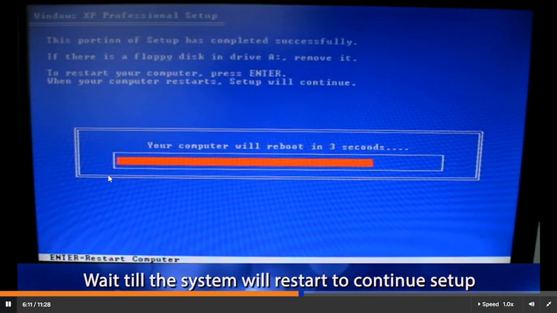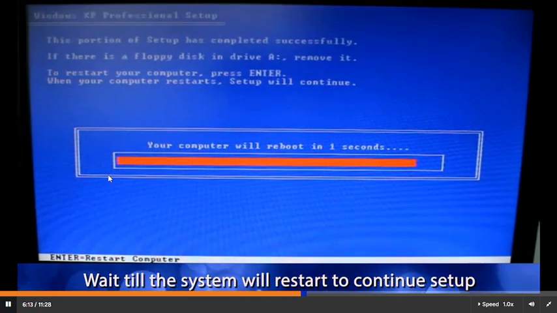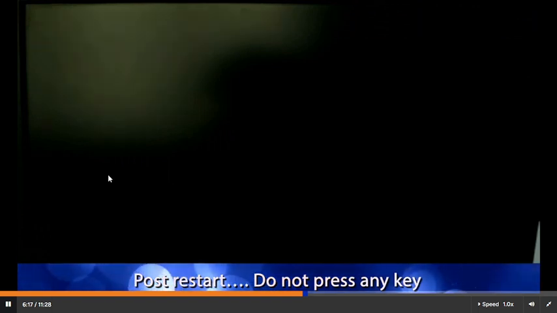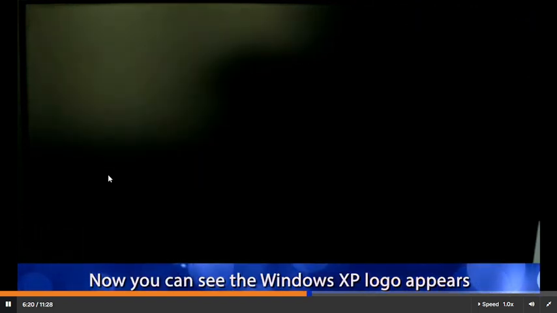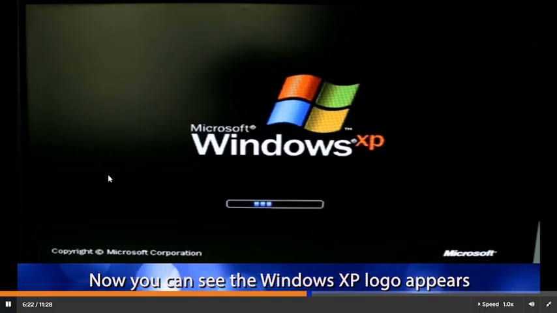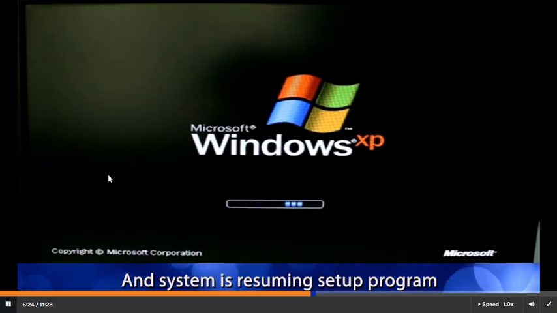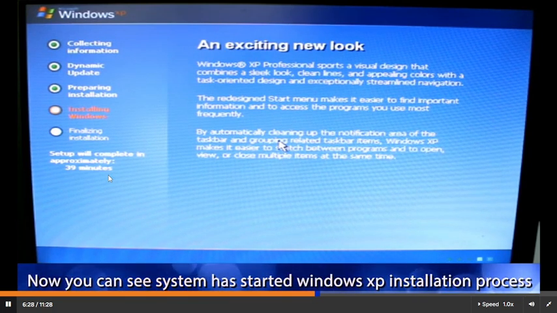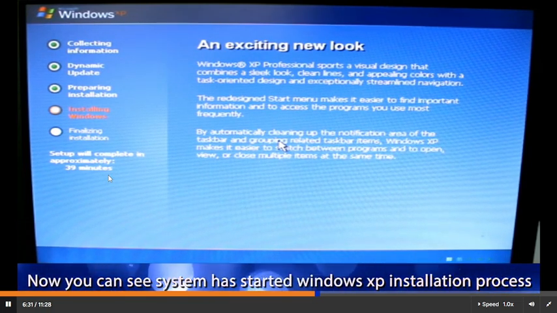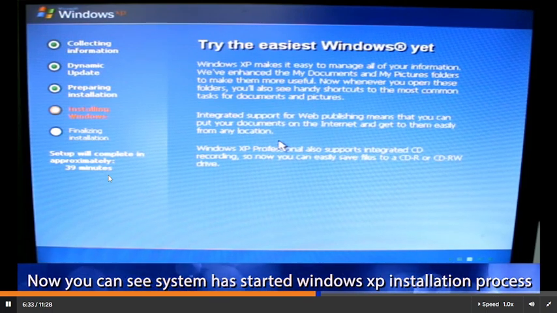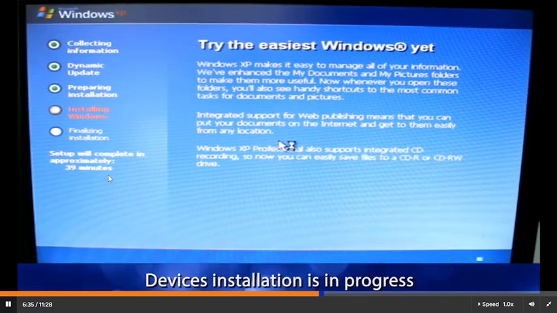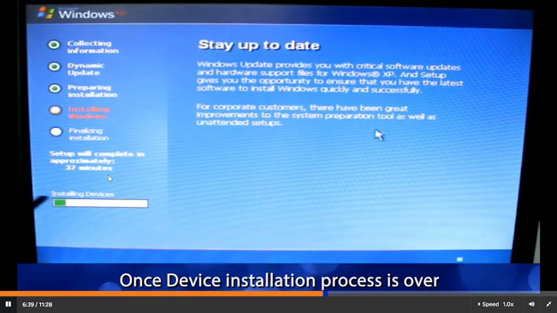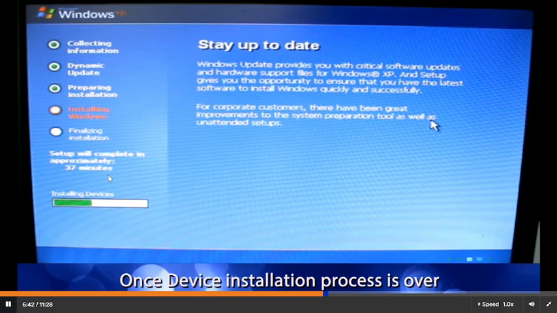Wait till the system restarts to continue setup. Post restart, do not press any key. Now you can see the Windows XP logo appears and the system is resuming the setup program. Now you can see the system has started the Windows XP installation process. Device installation is in progress. Once the device installation process is over,